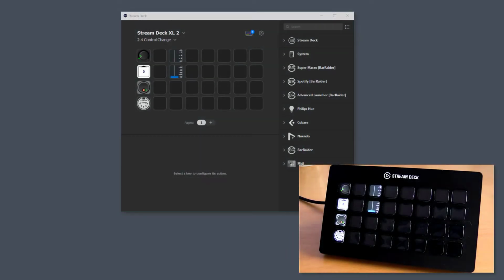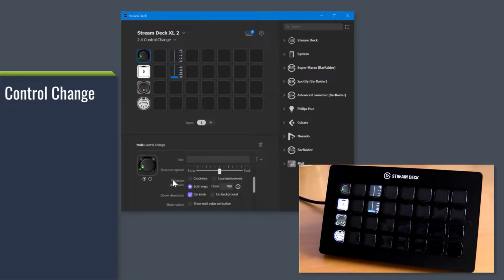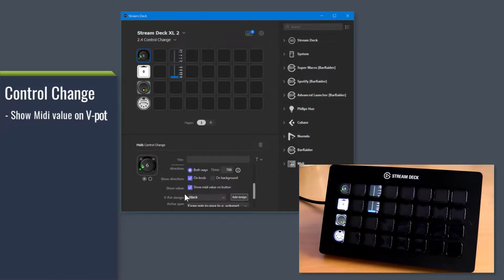Welcome to update 2.4 of the StreamDeck MIDI plugin. In the control change action there are some new features, and let's start with the viewport button, where you have an option to show the MIDI value on the button,